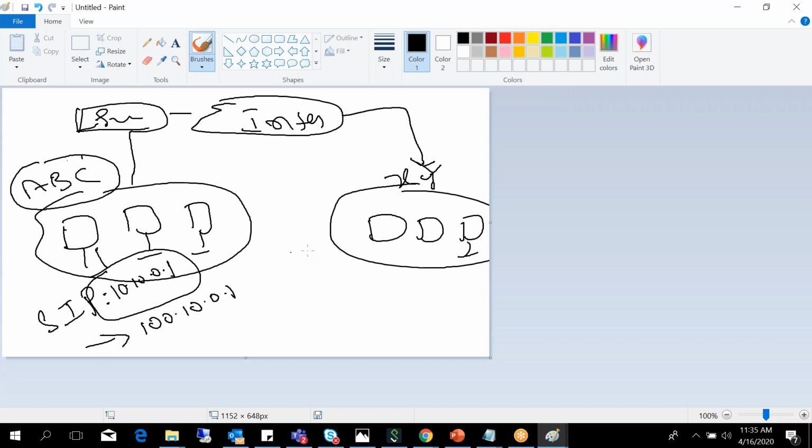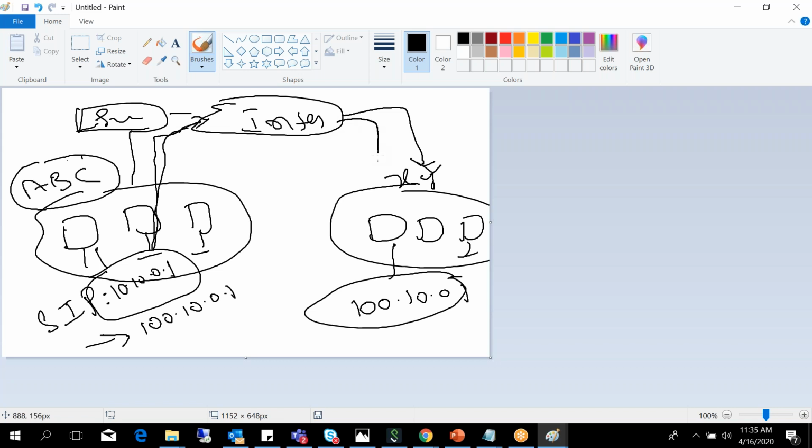This is the destination. You have to route here. It will go here. So only the IP address will be helpful to reach the destination network.